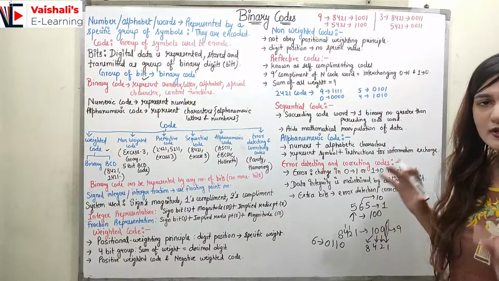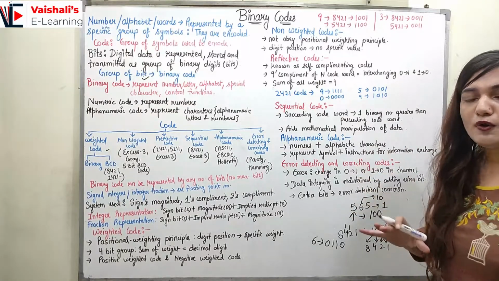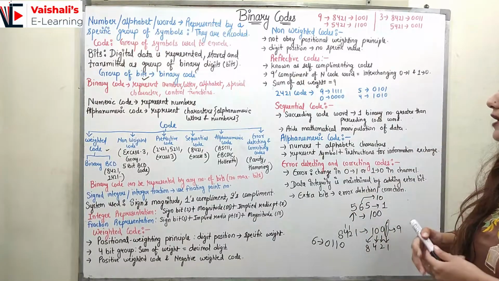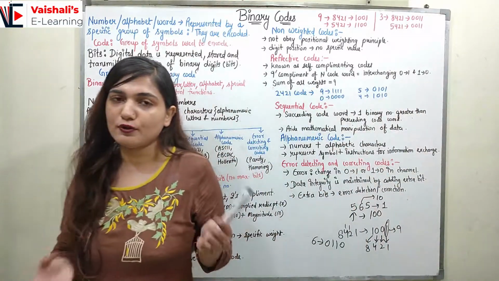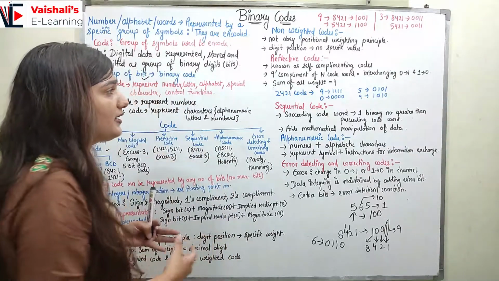In the non-weighted code it is not possible to denote the positional weightage. Now coming to the reflective code. Reflective codes are also known as self-complementing codes. Why are they known as self-complementing codes? Because